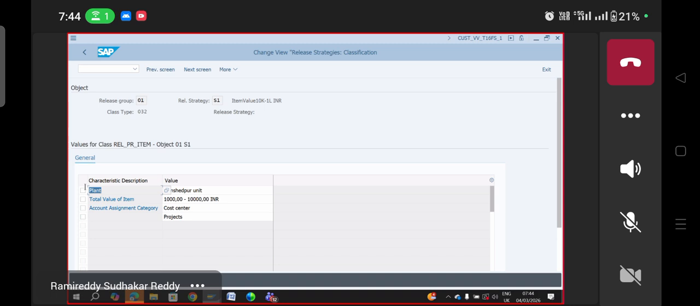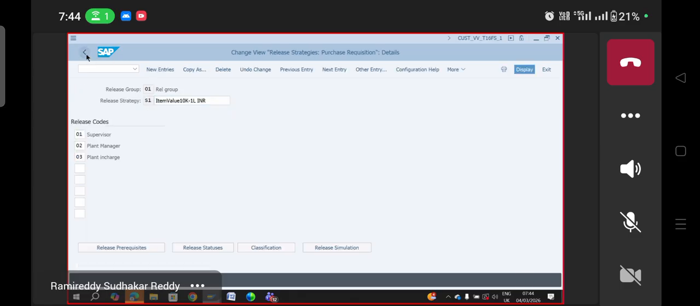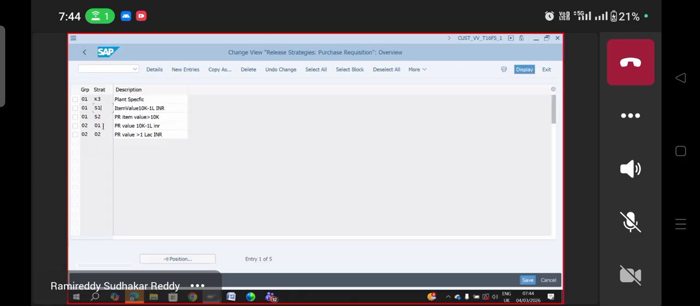Then any item having plant 4478, item value, not total PR value, only the particular item value in the value center, 10,000 to 10,000, account assignment category, cost center. Then in my PR, these values are satisfied, as well as the header level release group release strategy 01 or 02 also satisfied, then header only it will